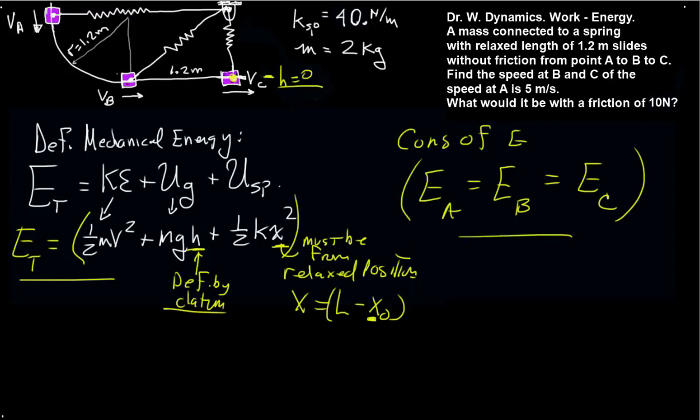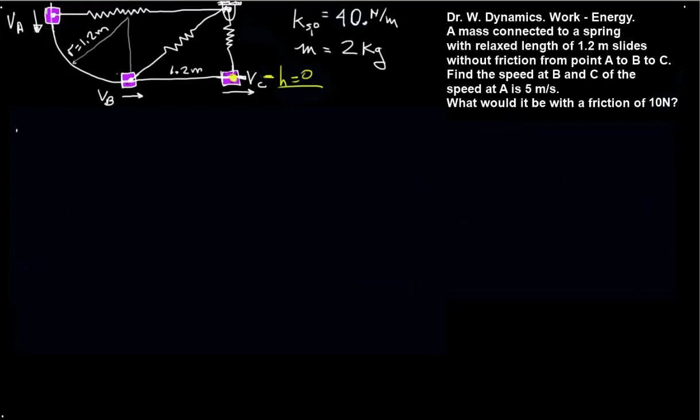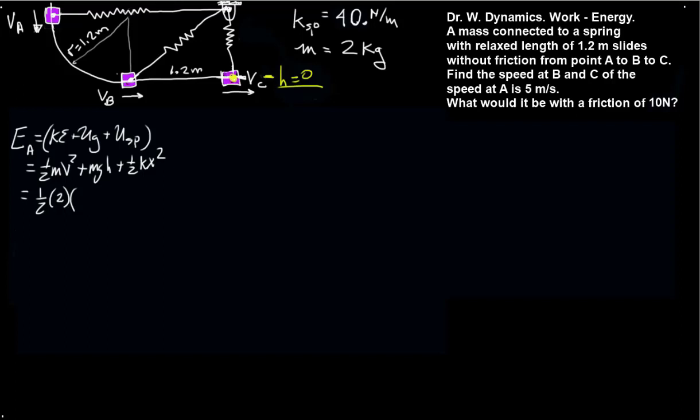So let's apply the conservation of energy to this problem and find the speed of the mass at each of the locations. So the energy here at A will be kinetic energy plus gravitational potential energy plus spring energy, which we know is 1/2 mv squared plus mgh plus 1/2 kx squared. And all these terms are given, so we have 1/2 times 2 times 5 meters per second, it's initially moving at, squared, plus 2 times 9.8 times 1.2 meters. If we look up here, this completes this quarter of a loop, so that makes this height 1.2 meters above our datum,